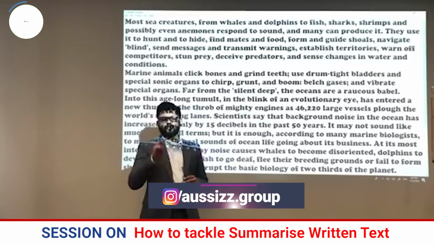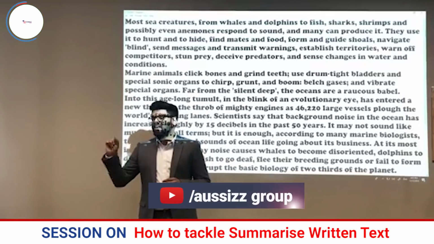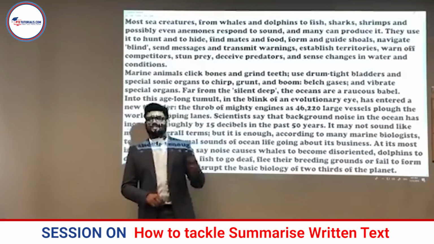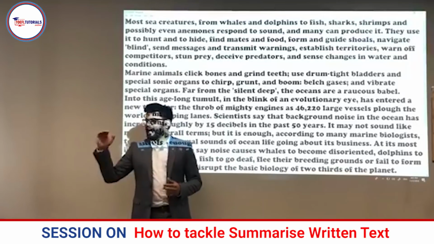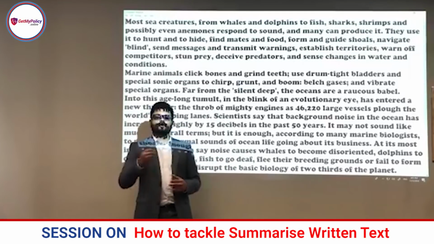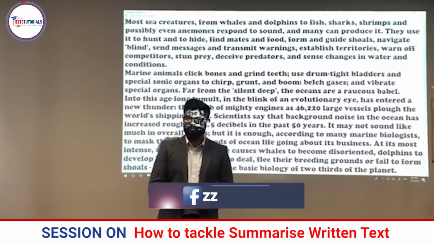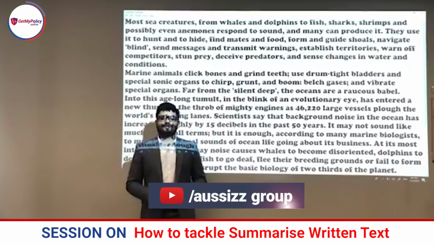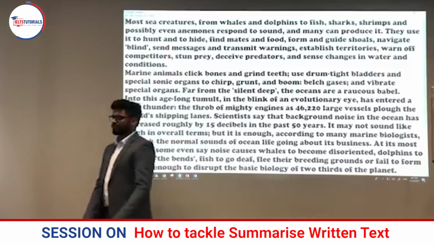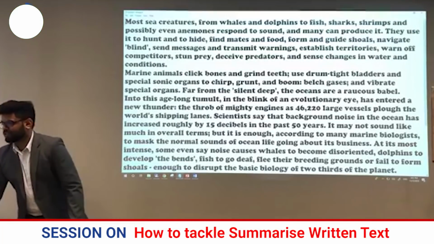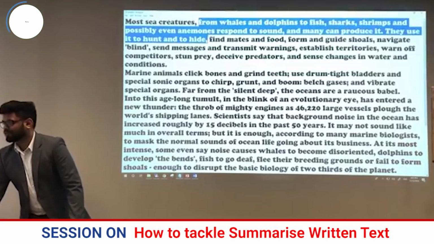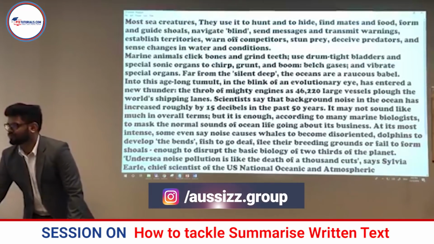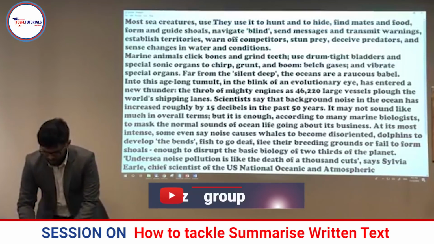So I could actually understand two things. One, they have listed different kinds of sea creatures, when they said dolphins to fish to sharks to shrimps. And the second sentence tells you a lot of functions of the sound, right? They use sound for a lot of these functions. So this is how I'm going to condense this into a very short sentence. Alright? Most sea creatures, I'm just going to erase the whole thing. Use sound